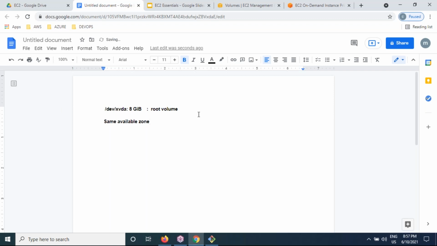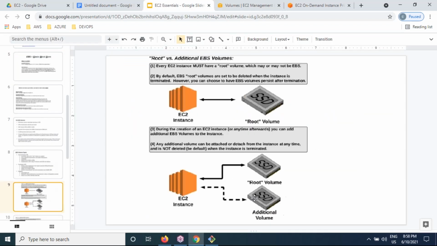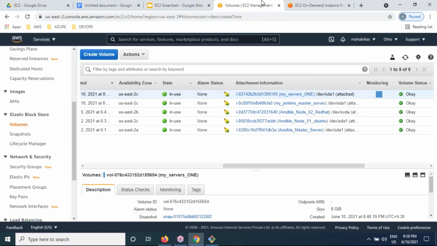Same availability zone. I'm repeating this. So we can attach to any running instance that is in the same availability zone. Then only we can add an additional volume, or else we can't. The additional volume we can attach within the same availability zone. For an explanation purpose,